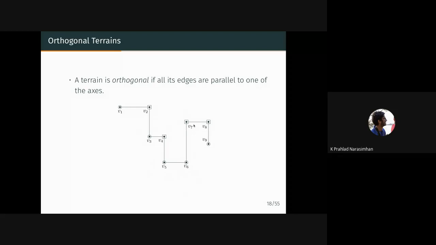So that is one thing, and that leads to one definition. Another thing that leads to a definition is the x coordinates of the previous or the next vertices. For example, consider V3. The x coordinate of V2 is the same as V3. But for V6, the x coordinate of V5 is not the same as that of V6, right? But the next one, V7, has the same x coordinate.